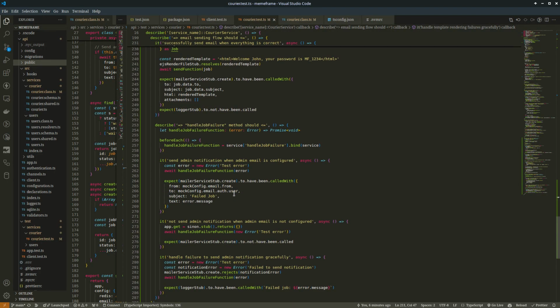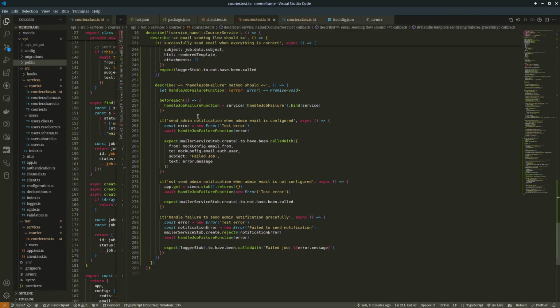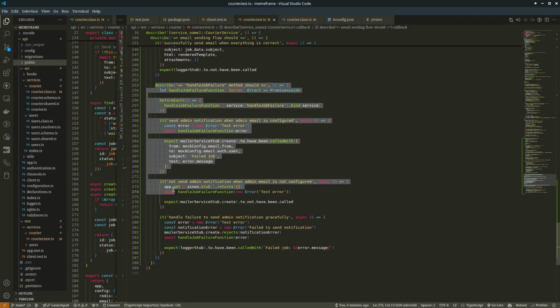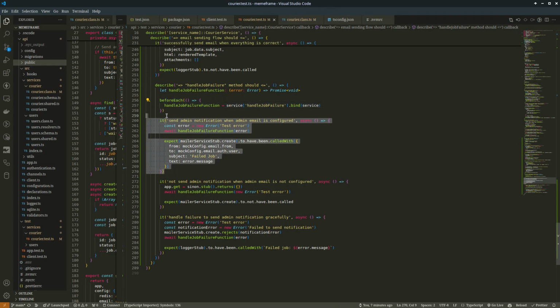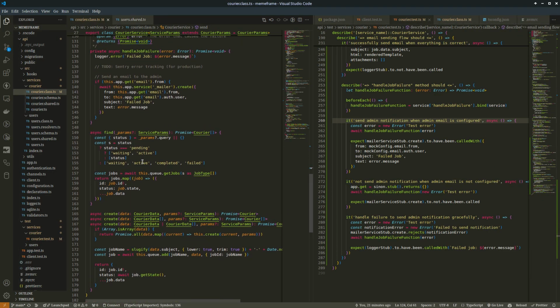And then finally we added one more test suite that tests for this undo job failure, which is called whenever the worker runs into any issue. Here we separated our undo job failure from the rest of the stuff. We tested for the fact that it should send an admin notification if an admin email is configured. If you remember, for this